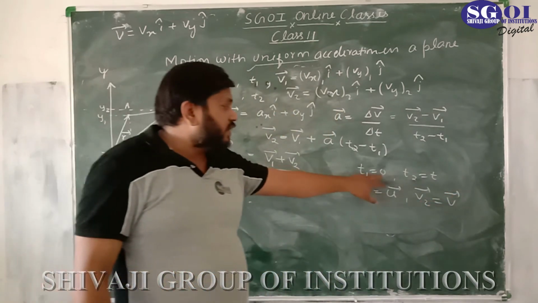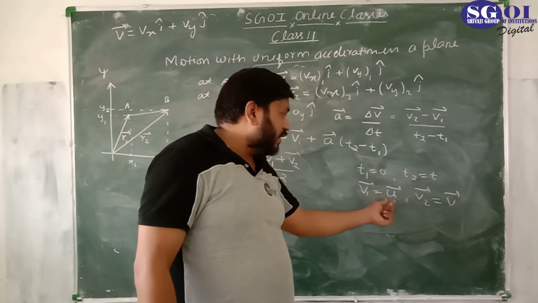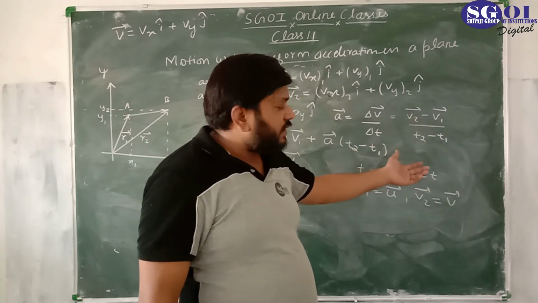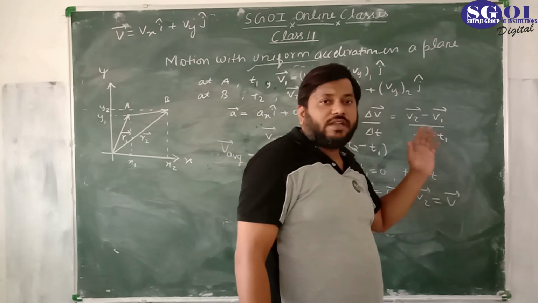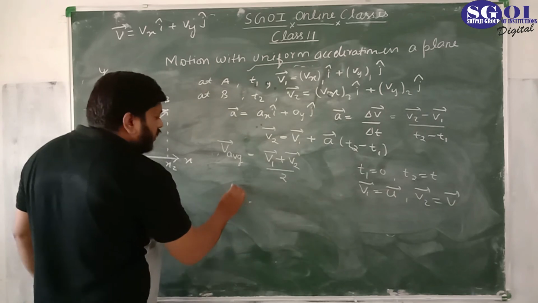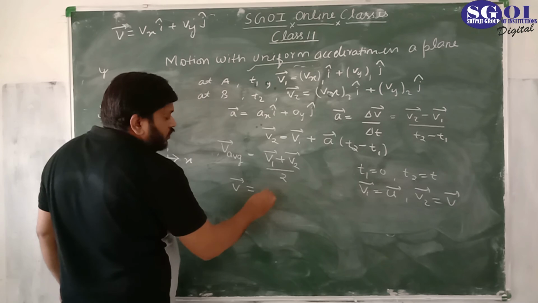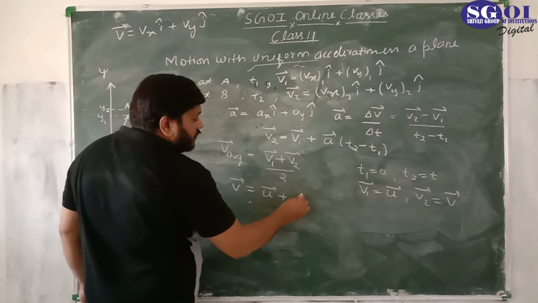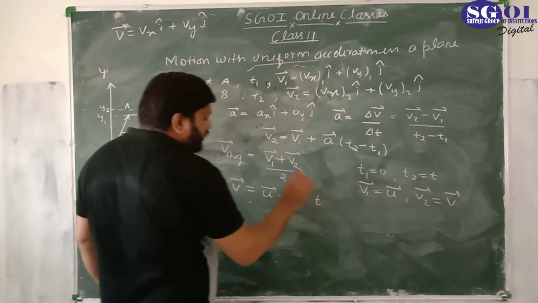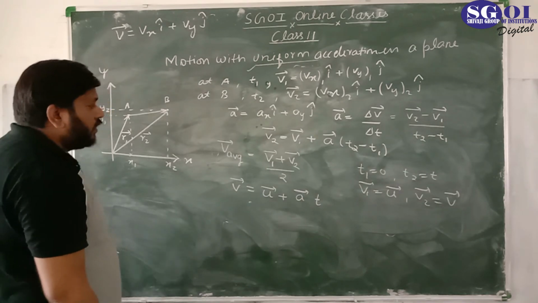At the time of observation t1 equal to 0, velocity is, let's say, initial velocity u, and at time t2, that is t seconds later, the velocity is the final velocity, which we represent here as v. Now put these values here, so it would be v equal to u plus a times (t minus 0), that is t. So this is v equal to u plus a t.